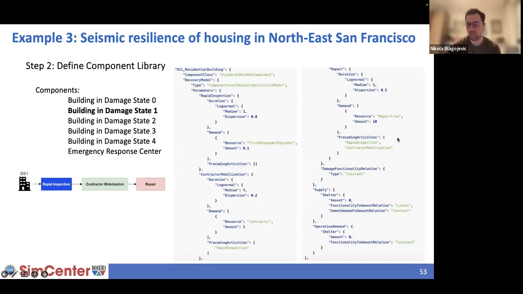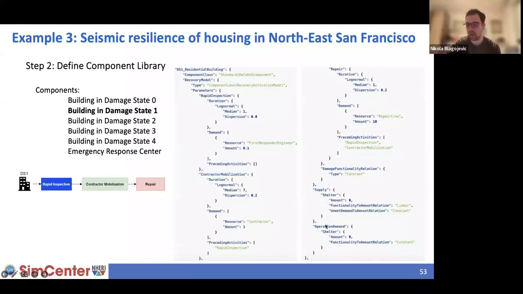I wanted to show DS1 because I think this is important. Here you can see damage functionality relation is constant. So what does this mean? It means that no matter what the damage of this building is, functionality is at 100%. This means that if you have a damage state 1 building, it can always be housed after the event, because damage state 1 usually means some smaller cracks in the plaster, not major. People can still stay in their buildings, but despite that, we still have some damage which requires some repairs, and these repairs do require some resources which are taken from other buildings as well. So we need to consider this.